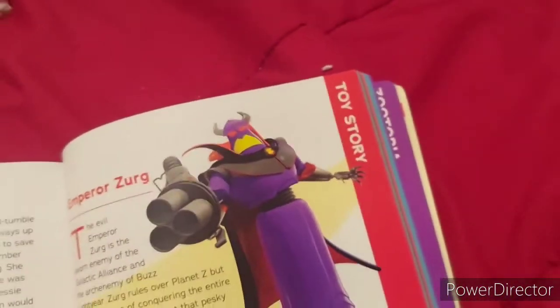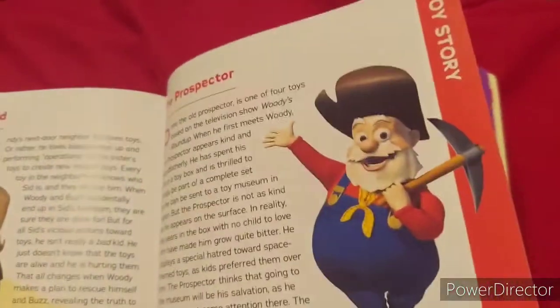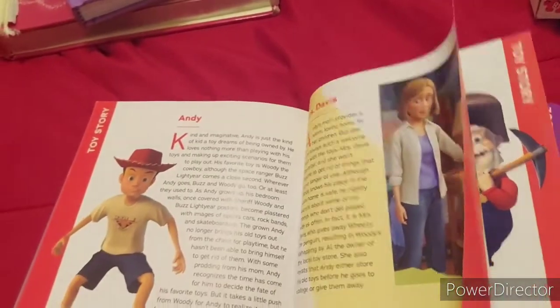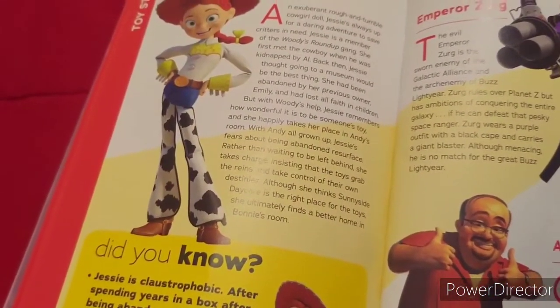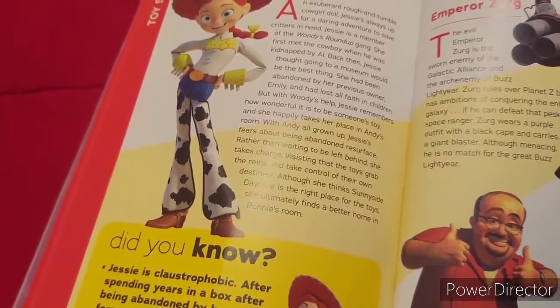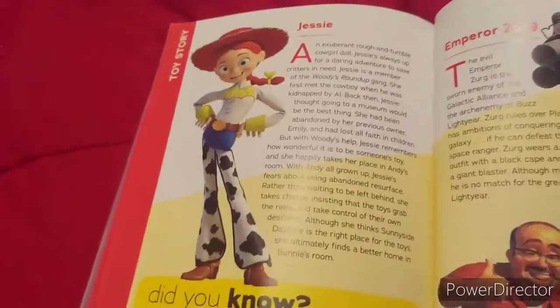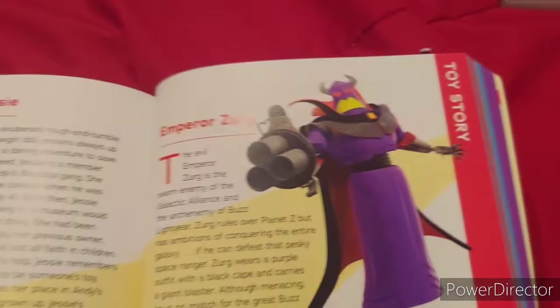And we got Emperor Zurg, the arch enemy of Buzz Lightyear. And oh yeah, I forgot who played these guys. I don't know who played Andy. I think his name was John Morris. I could be wrong. But Jesse's played by Joan Cusack. I don't know who plays the...